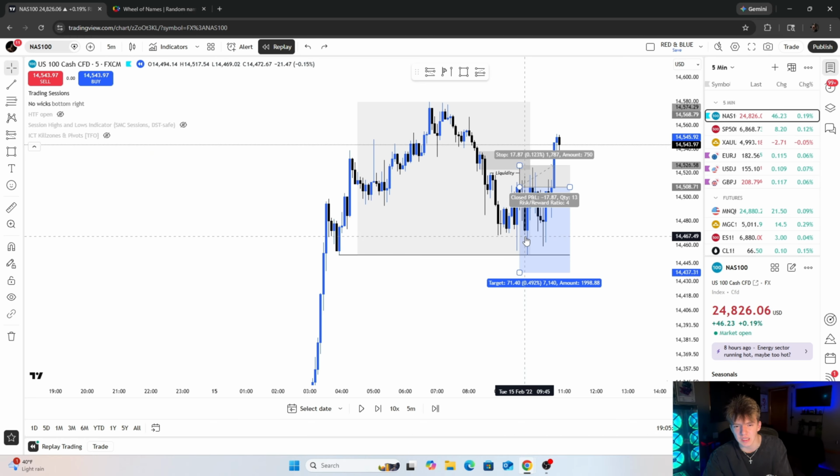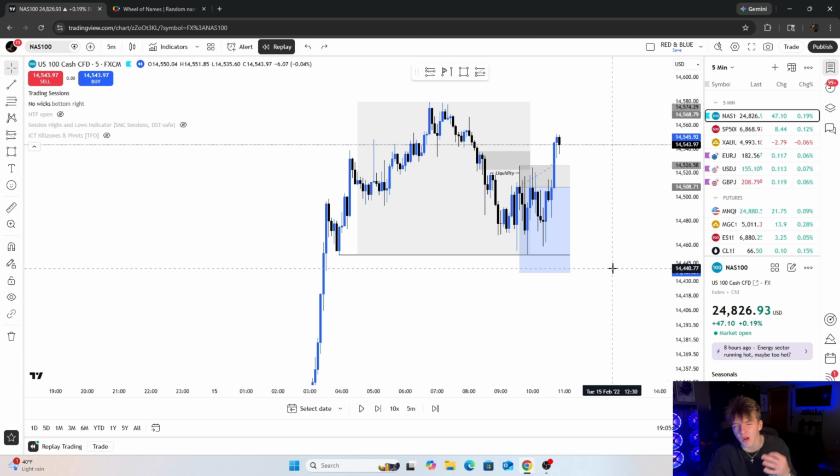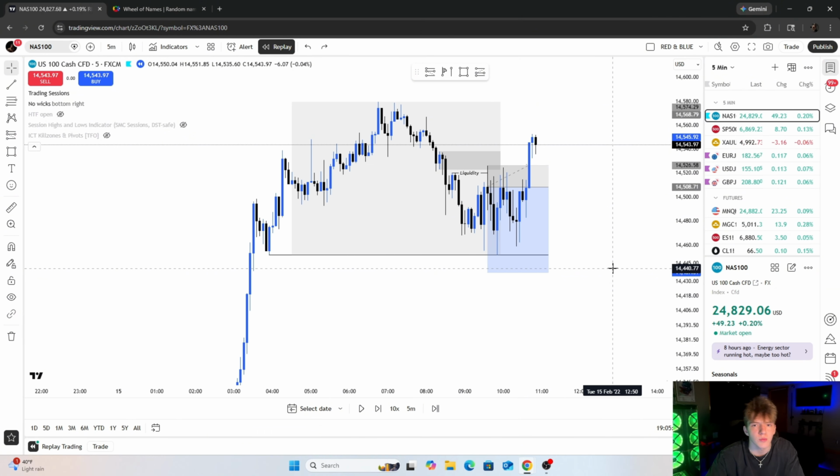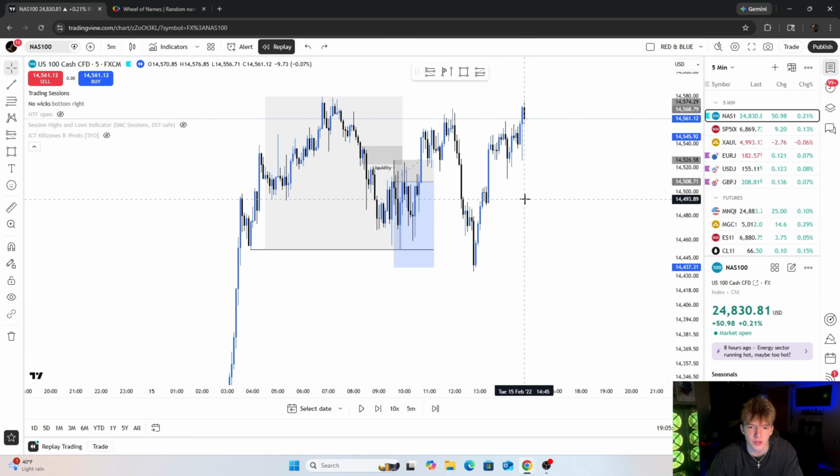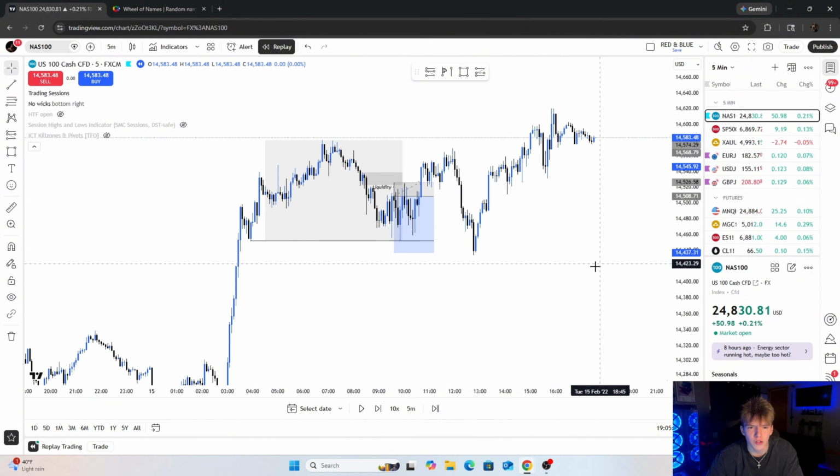But stuff like this is what I do in live markets, because not every trade realistically is a 1 to 4 trade. I'm not gonna lie to you guys. Some of them are 1 to 2, some of them are 1 to 3, some of them are 1 to 4. Some of them you can really take advantage of and get bigger swing plays out of, but they're a lot rarer. So there's that trade for you guys.